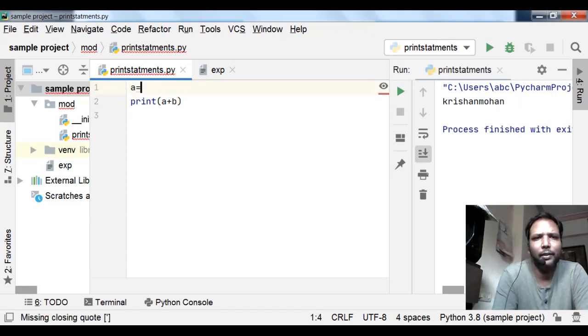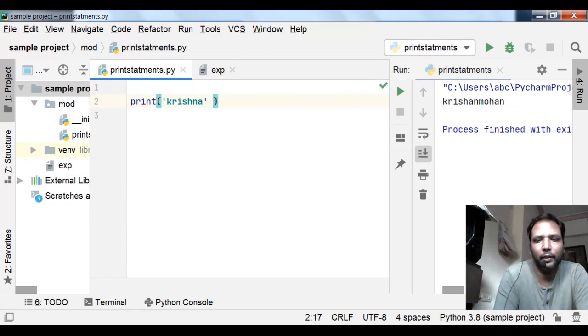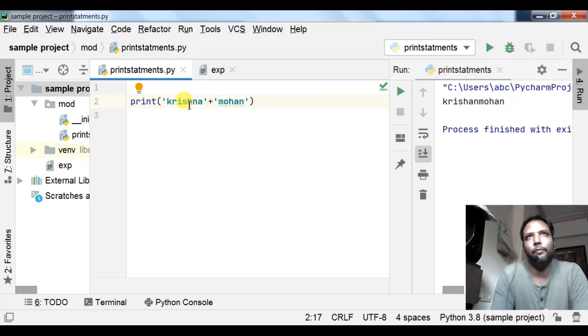This I have for demonstration purpose. I wanted to represent it in this way so that it will be easily understood. Suppose that this is one string, Krishna, and there is another string. You can use concatenation plus. If both are strings, then we can concatenate